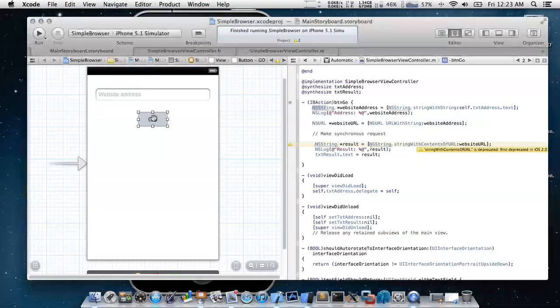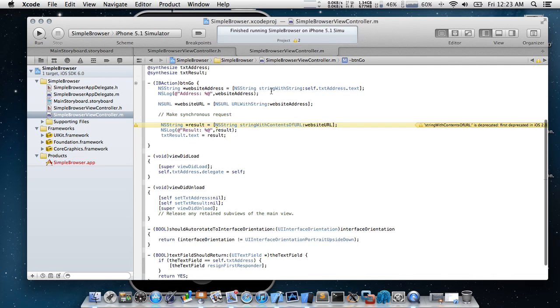So again, just right click on that so you can see that. Every time I press Go, this will get called. Every time you type a link and press Go, boom, it's just going to call this buttonGo. As we delve into the buttonGo implementation, I'm just going to go back to the full